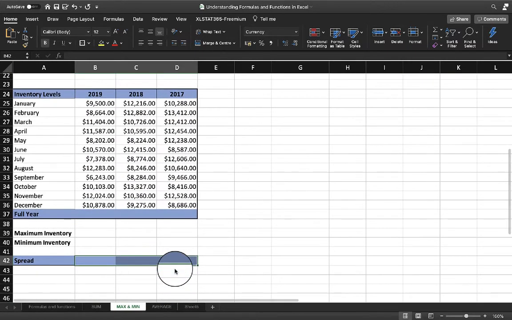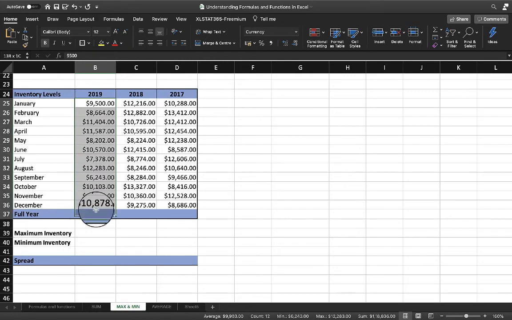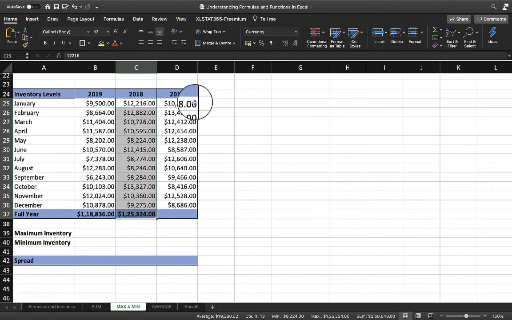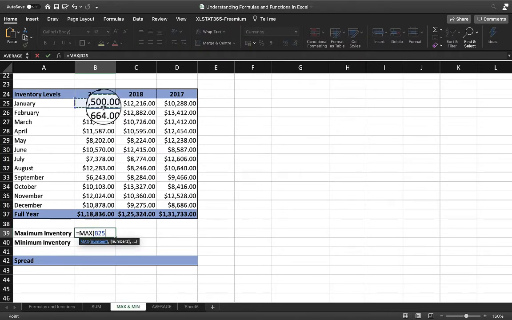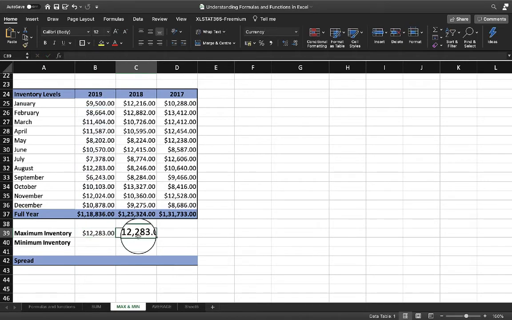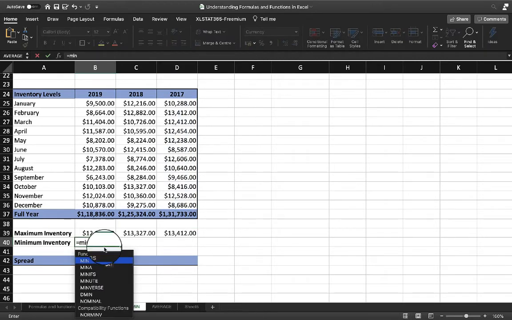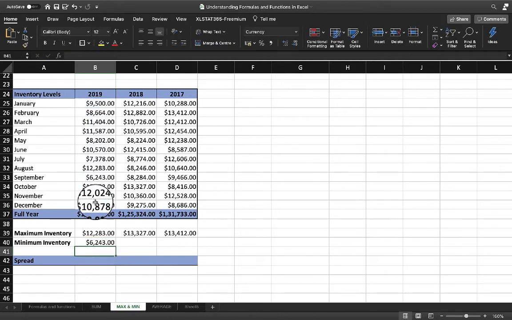Now I'll tell you how to apply maximum and minimum values together. So again here I have the data, and first I'll find out the sum of all by applying the sum function. Then here I will find out first the maximum inventory. It is found by typing equal, then maximum, selecting this range to this range, then copy, paste, paste. So here I have got maximum value, here I have got maximum value. Now applying minimum value, typing equal minimum January to December, got the value, copy, paste. So I have got the minimum value in 2018, I have got the minimum value in 2017.